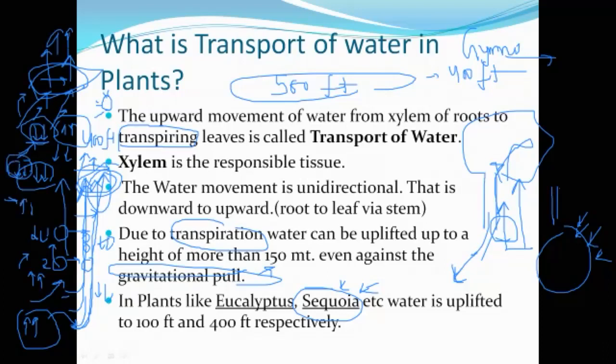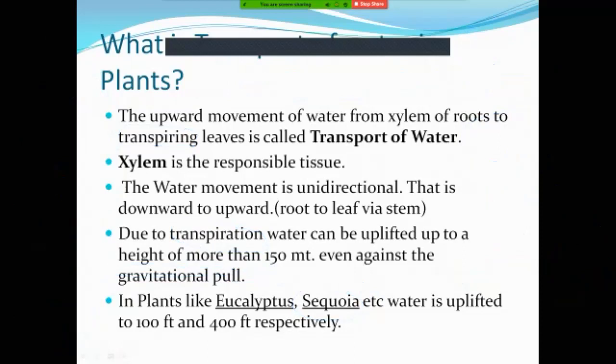Soil is having more water concentration, so the water will move automatically inside the root. Like this, the water keeps on moving upward due to the transpiration pull. Due to the transpiration pull, a lower water potential is generated outside. Means the maximum water potential is in the soil, decreased in the root, decreased further in the stem, and the most decreased, the lowest water potential, is in the leaf.